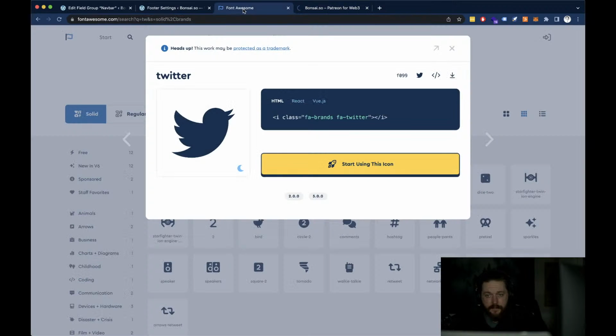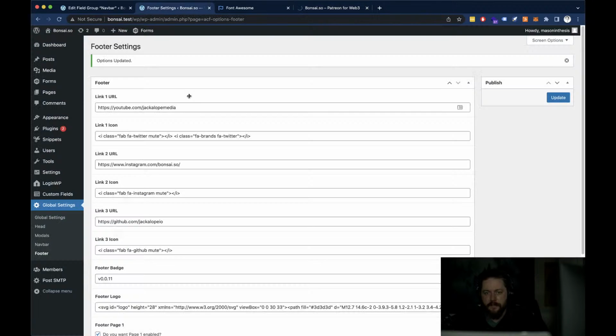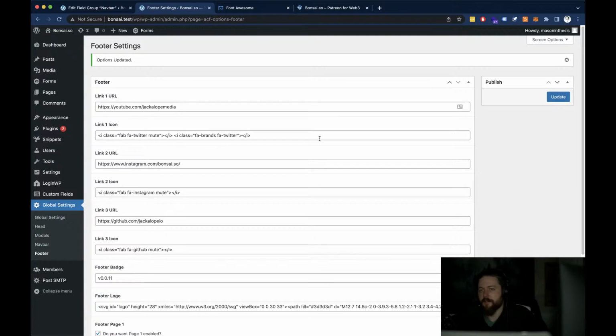Well, in theory that should be working, but it's not even updating to these two because it's just so slow